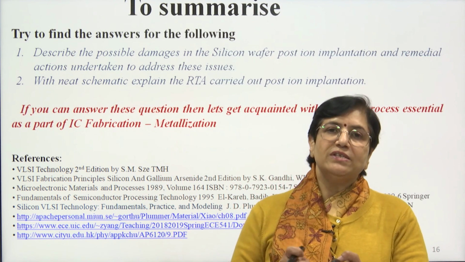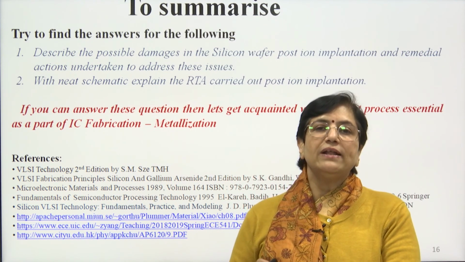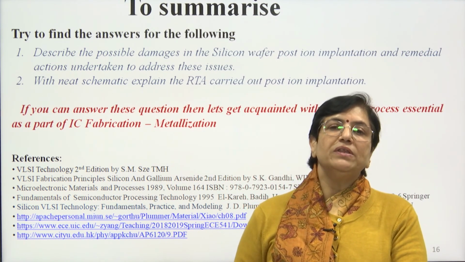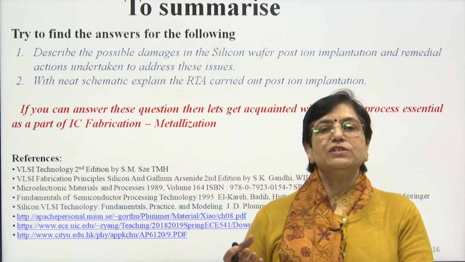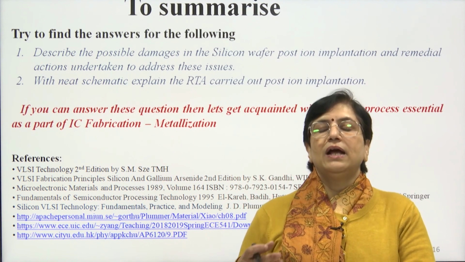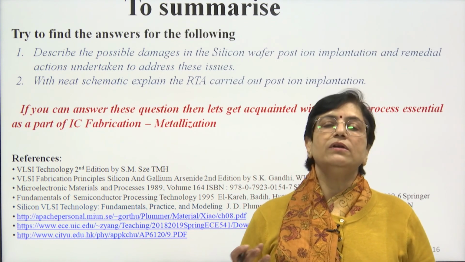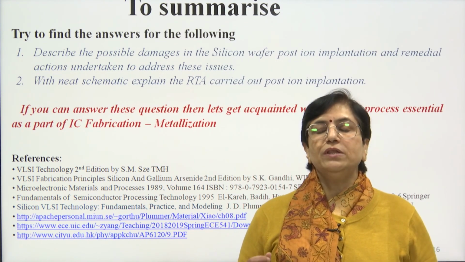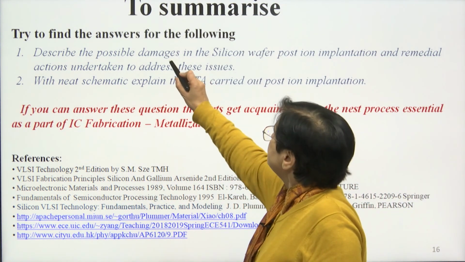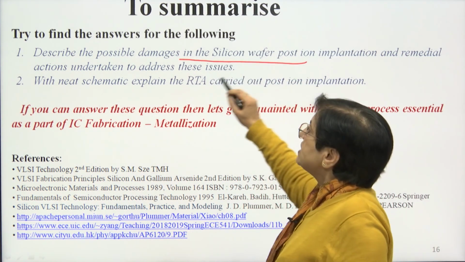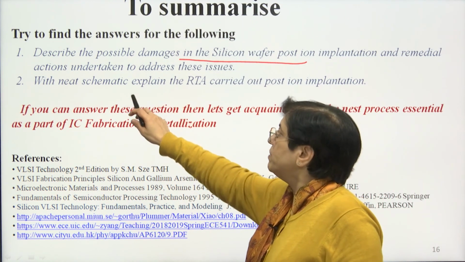There are two systems, furnace annealing and rapid thermal annealing, and the profile can be better controlled in the rapid thermal annealing system, because the temperature can be elevated at a much faster rate, and controlling temperature and the possibility of contamination is much less. Therefore, RTA is supposed to be the most sophisticated and better system for controlling. If you are thorough with this, what I expect at the end of this lecture is that you should be able to describe all the damages and their effective remedies.